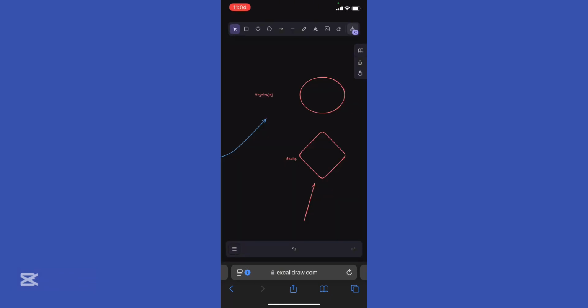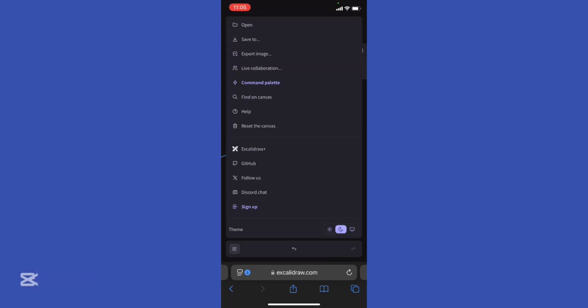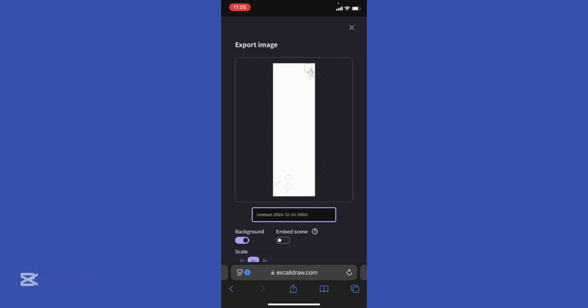So this is an example. Once your flowchart is ready, you can share it or export it by clicking the three bars again at the bottom left, and then click save as a project, right? You can save it as a project to get back to it later, or export that chart as an image,